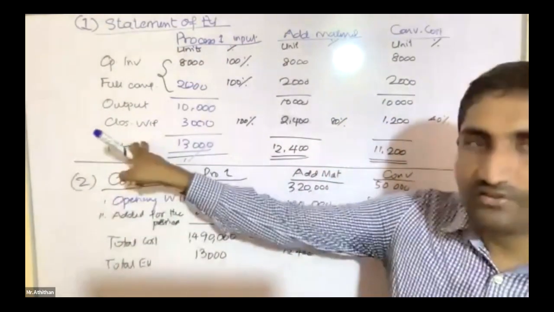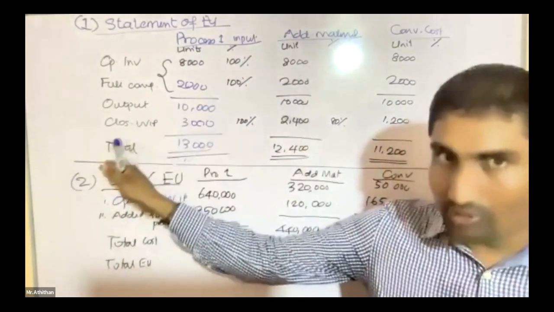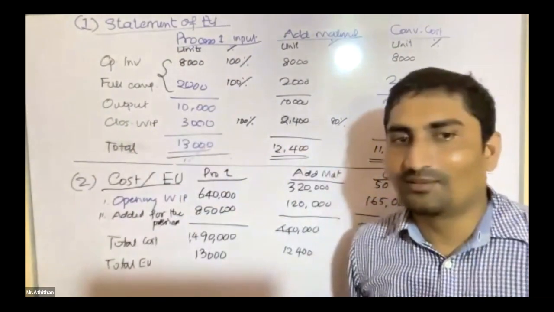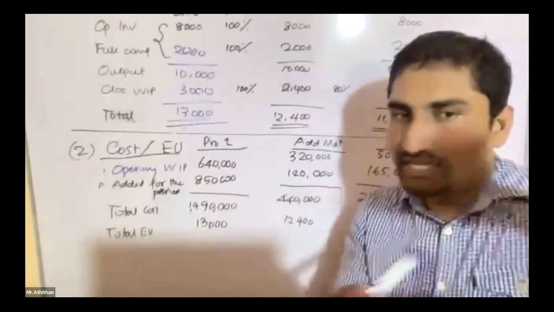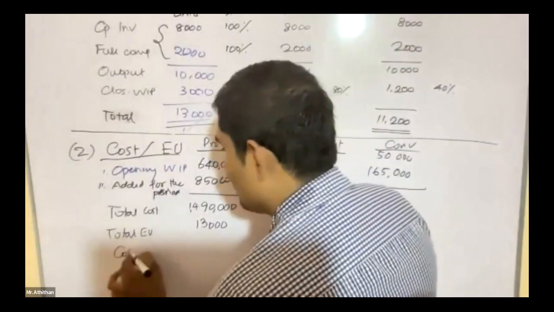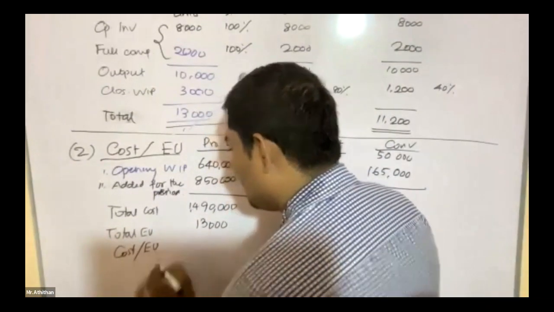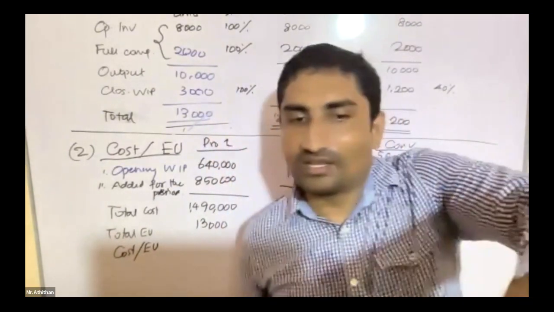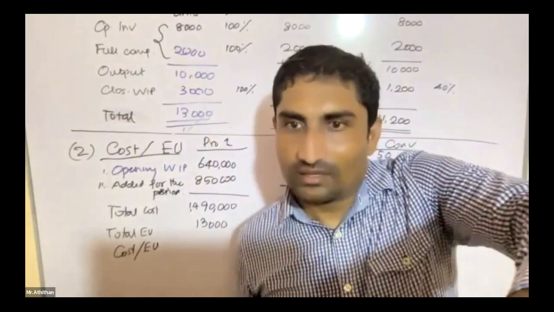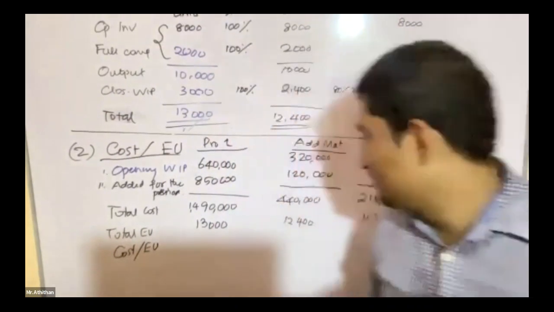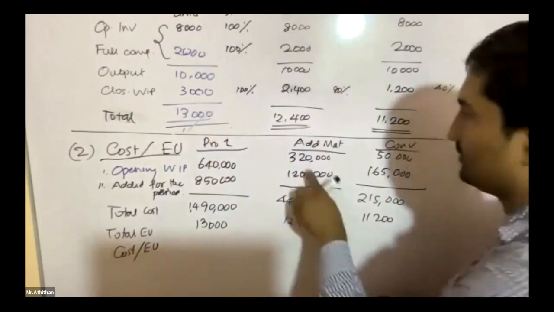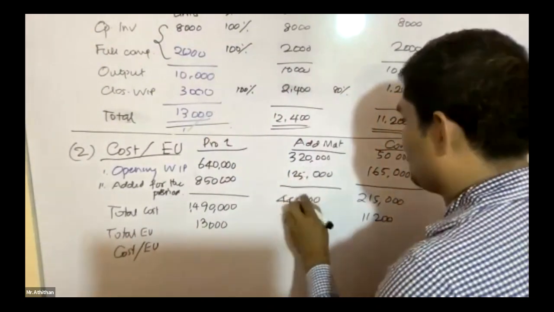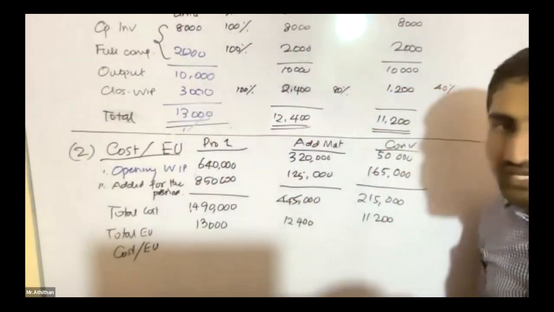Total equivalent unit from the previous table. Munna virundha table la irundha total equivalent units edukrom. So now we are going to understand the cost per equivalent unit, right? So it's just a matter of dividing. This is 125,000. Right. So if we divide